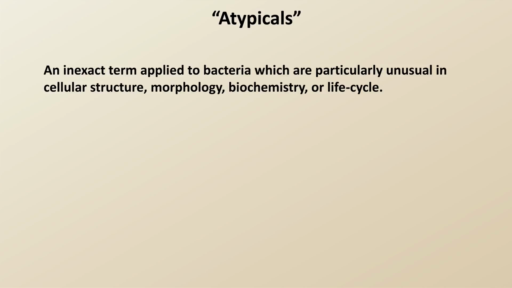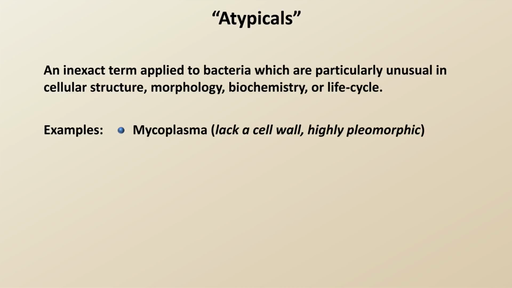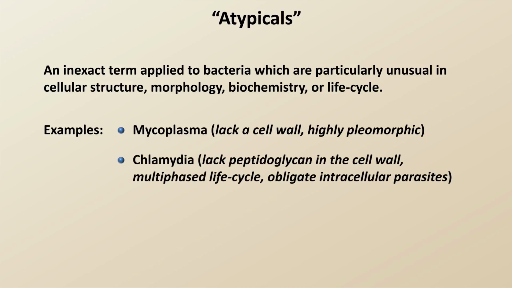Finally are the so-called atypical bacteria. This is an inexact term applied to bacteria which are particularly unusual in some way or another, usually in cell structure, morphology, biochemistry, and/or life cycle. Routinely cited examples of atypical bacteria are Mycoplasma, which lack a cell wall and are highly pleomorphic; Chlamydia, which lack peptidoglycan in the cell wall, have an unusual multi-phased life cycle, and are obligate intracellular parasites, that is, they are incapable of producing their own ATP;